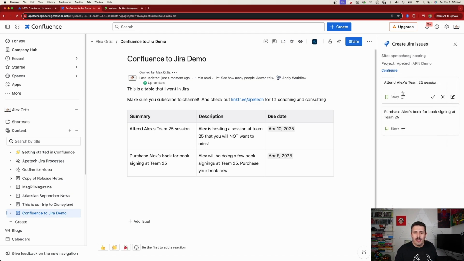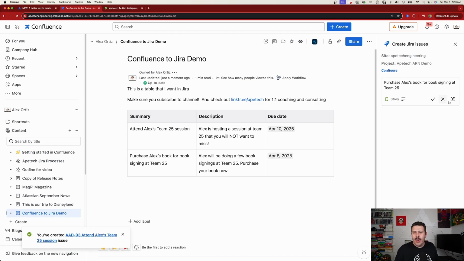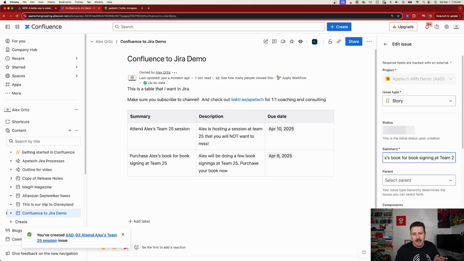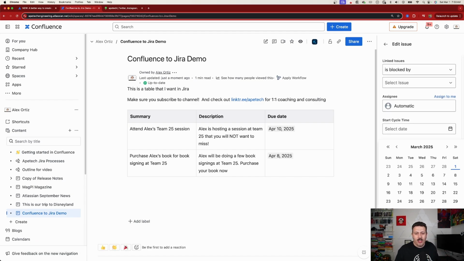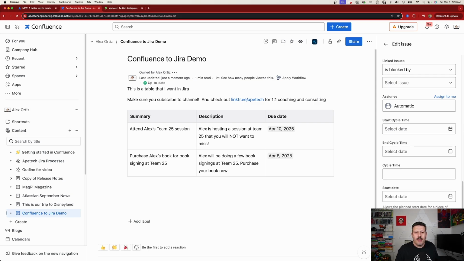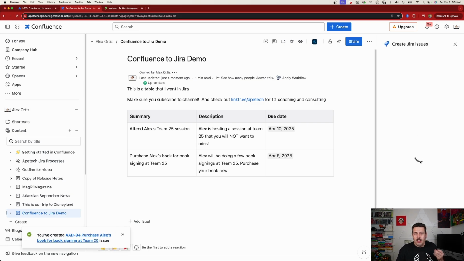And now you'll notice that for each of these rows, right, we have 2 rows here: sign up for my Team 25 session, and purchase the book for the book signing. You can accept it here, or if it didn't quite get it right, you can click on this little edit pencil over here, and then you can go into that specific issue and do the configurations. And here, I now have the ability to also set that due date if I want to set it at this time. And so once you hit the create button, Jira is going to go and create those issues inside